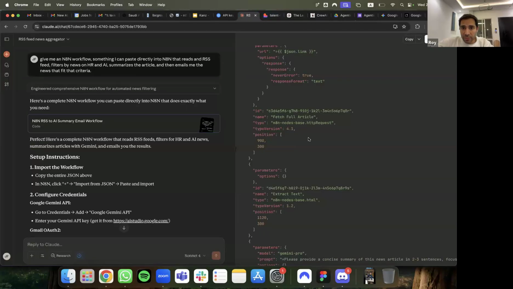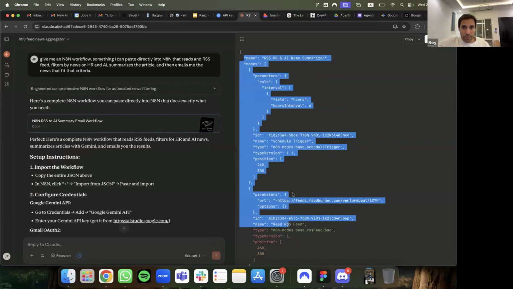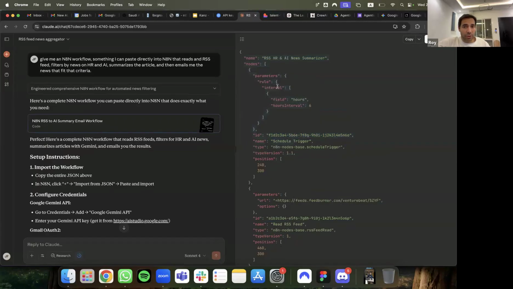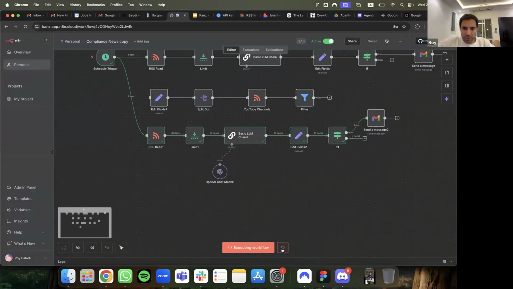Let's go back to the RSS feed. Let's see if it completed. Okay, so I'm going to copy this. You'll see here, it's saying you don't need to understand coding. You can go back to your N8N workflow. Now it's still executing the workflow. Let me stop it.